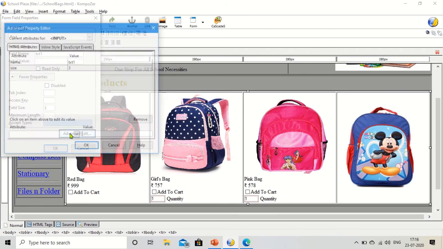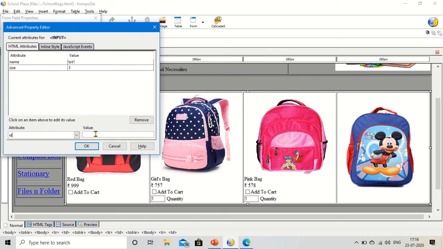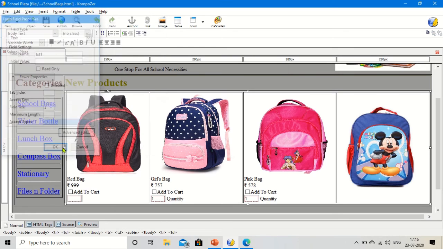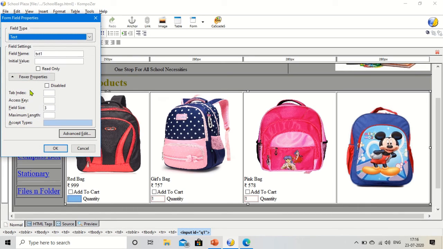Then advanced edit and ID, select the ID from here and select the ID value Q1 and OK. Then here write quantity. And one more thing is we are not giving over here the initial value. We have to give. So here you give initial value 1. Then OK.